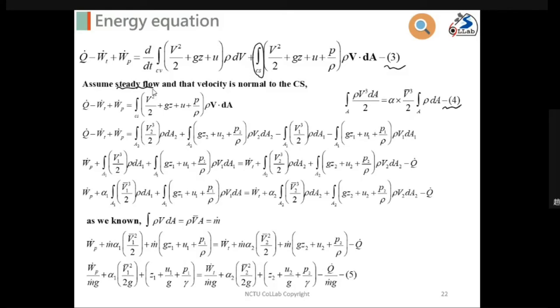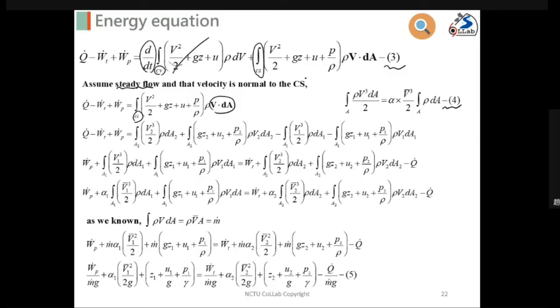So which items can we move out? Let's take a look at steady flow. What does steady flow mean? It means the properties don't change with time. So if we take a look, there is a d/dt term. For the control volume, because we assume our flow satisfies steady state, we can move out these items. And the velocity is always normal to the control surface, so we don't have the